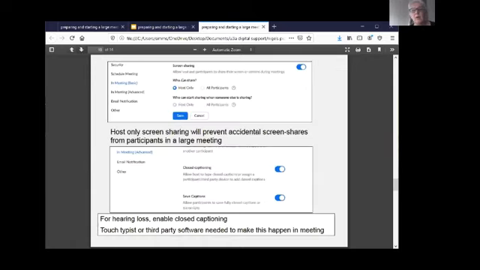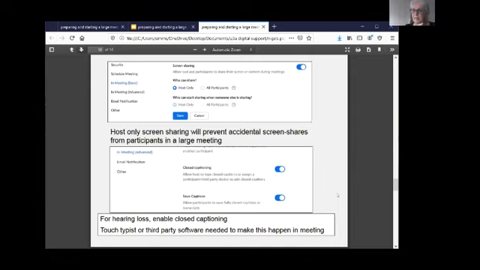You can also control whether people can share the screen. And I'm just going to draw your attention to closed captioning. You get this in the free version and in the licensed version. The closed captioning means that you can tweak your Zoom, let's call it your Zoom plugs, right? So that you can plug in somebody to do captioning. It doesn't of itself provide captions.